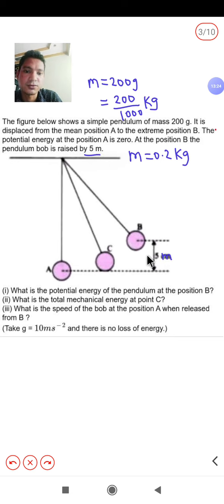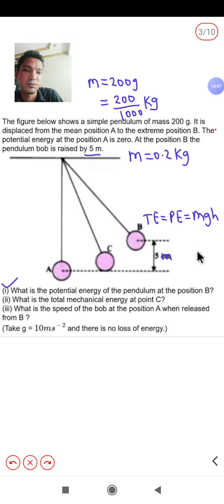It's 5 meter. Okay. So here the pendulum is at resting position. We displaced it from A to B. The height is given 5 meter. Now, first question, what is the potential energy of the pendulum at position B? Here we need to calculate the potential energy. So we know that total energy at this position, kinetic energy will be 0 because initially it's at rest here, and total energy will be equal to potential energy.